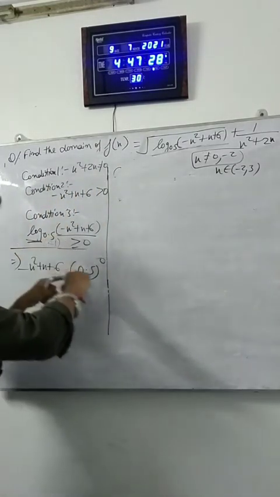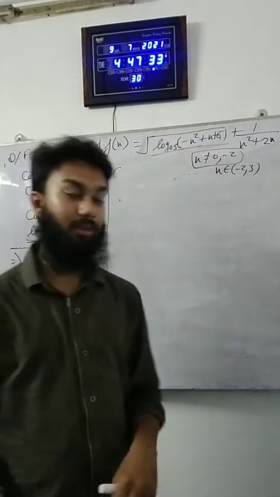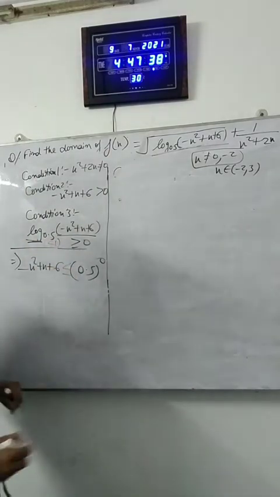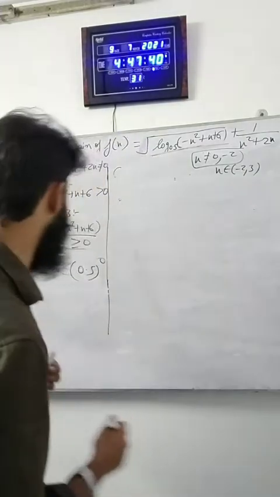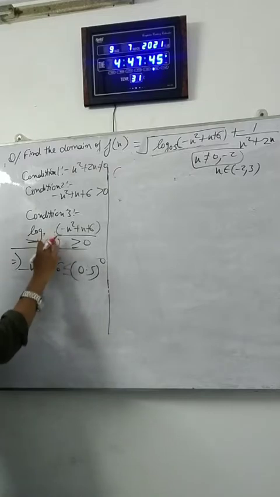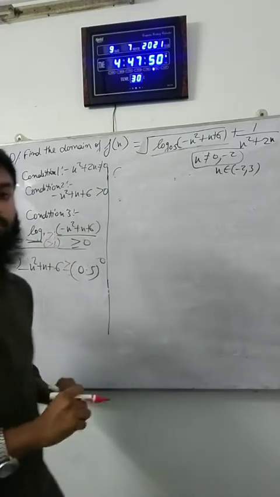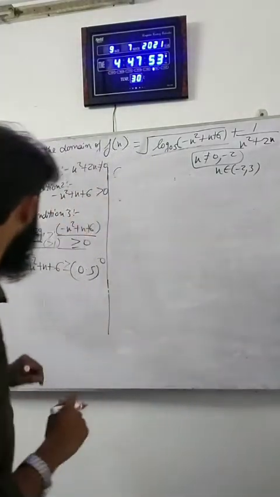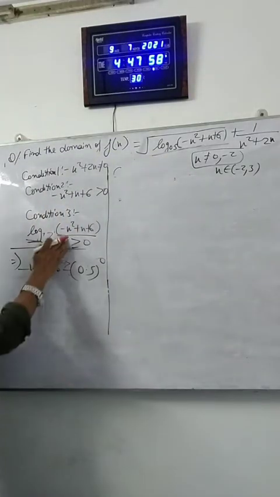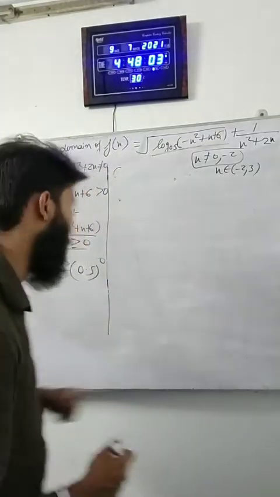So when it has been transferred to the right hand side, as the property of log says, when this base is less than 1, then we have to reverse the sign of inequality when we transfer that base. If this base would have been 5 or 7, greater than 1, then the sign will remain the same. This is the property of log, which I hope you all would have known, and if you don't know, then today is the day when you have come to know this very important property of log.